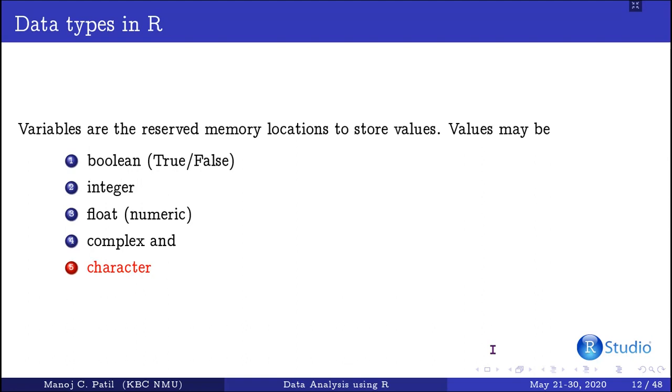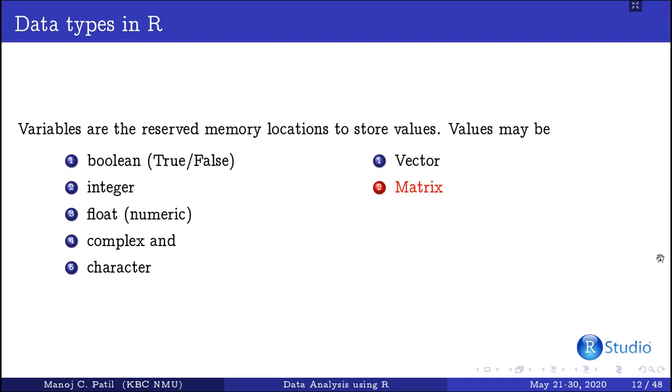Now using those 5 data types, we can go ahead and create a vector. What is a vector? A vector is a collection of the atomic variables. For example, we may have a vector of Boolean data type, a vector of integer, a vector of numeric or float. Likewise,